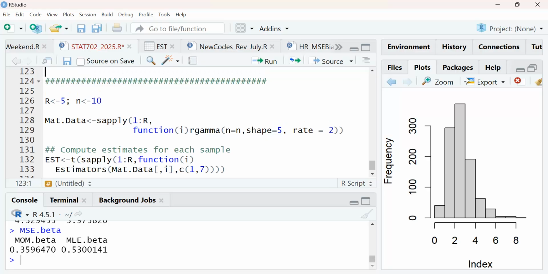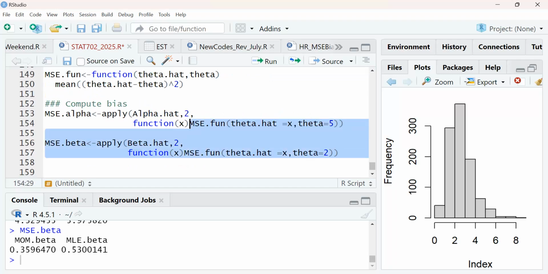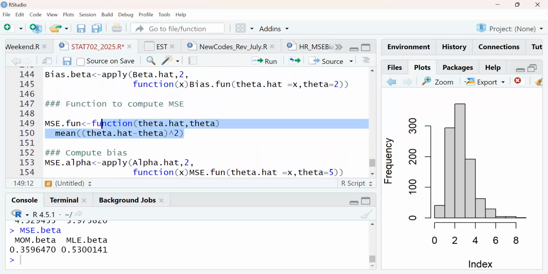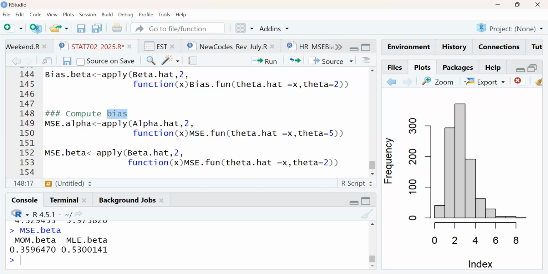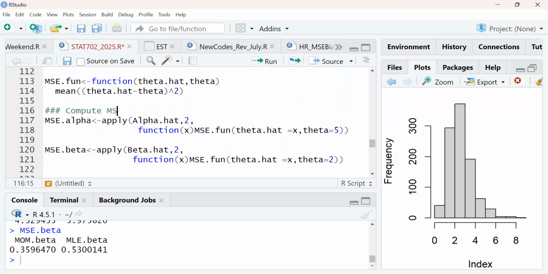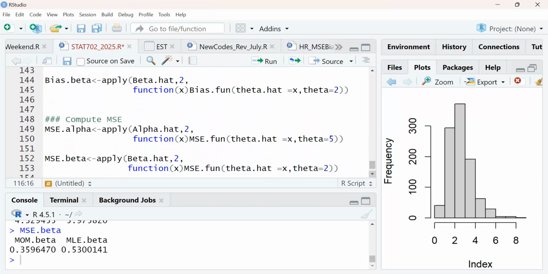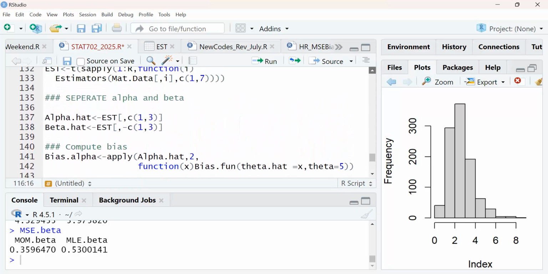So let me just copy and then I'll delete those we don't need. And then it becomes easier for you now to just rerun them. So this one we need. We don't need a function to compute this. So this one was MSE. I did not change it. I have to go back and change. Compute MSE. Alright, so at this point I think you can just look at it. I'll send it to you so it's not a problem. Compute bias. So that's it.